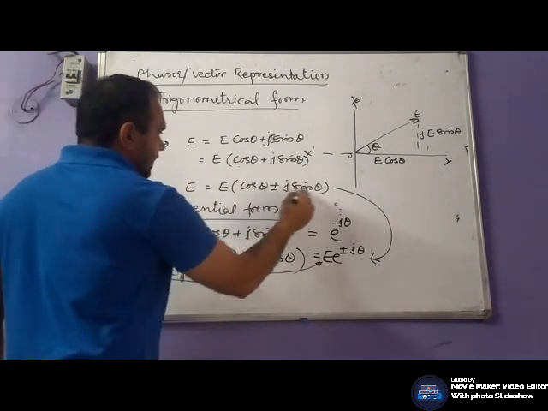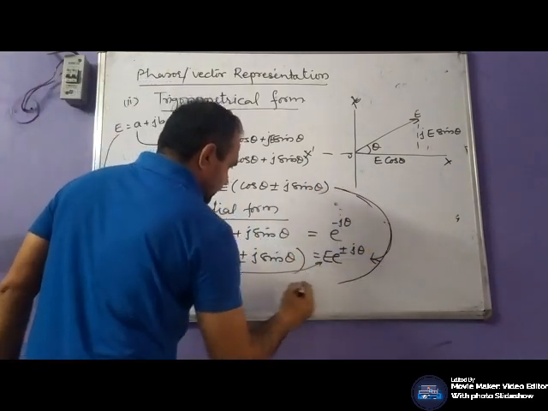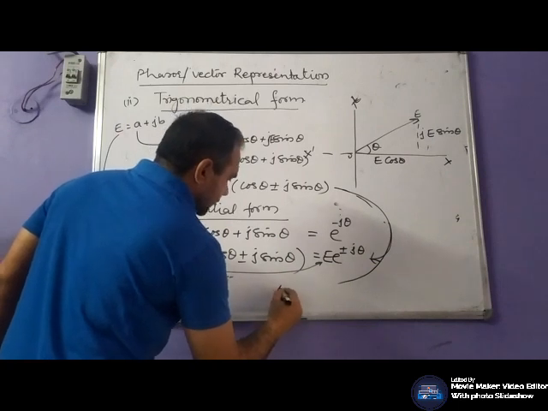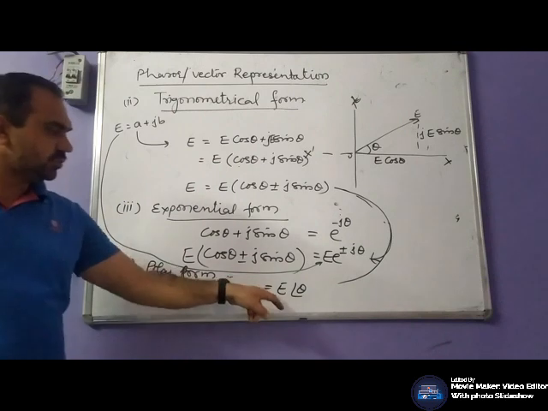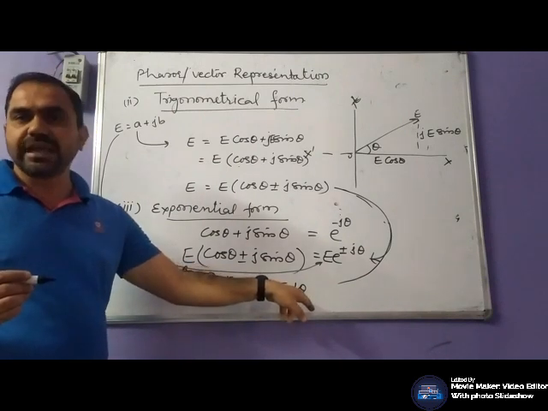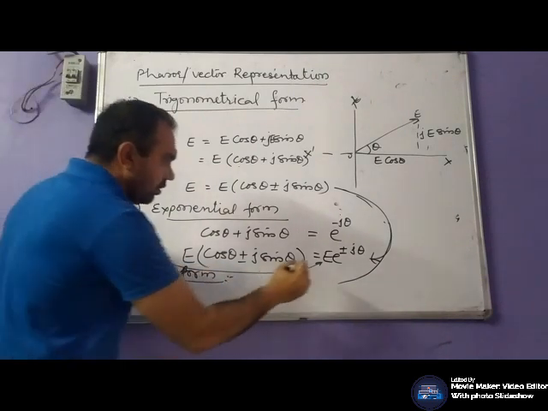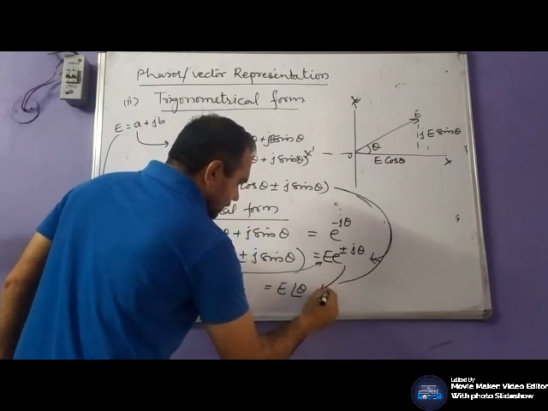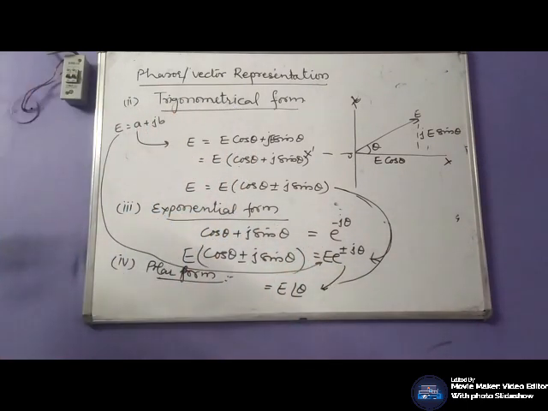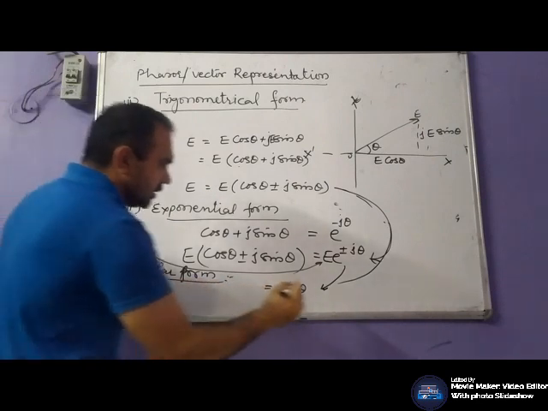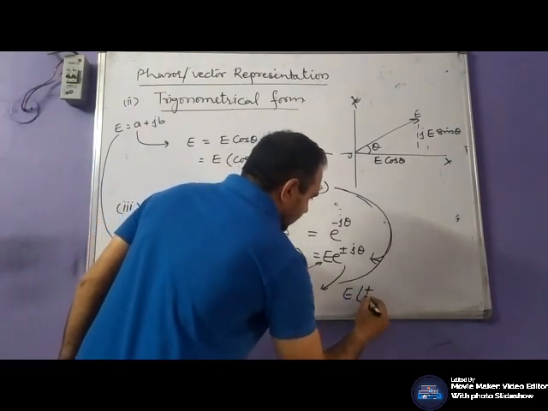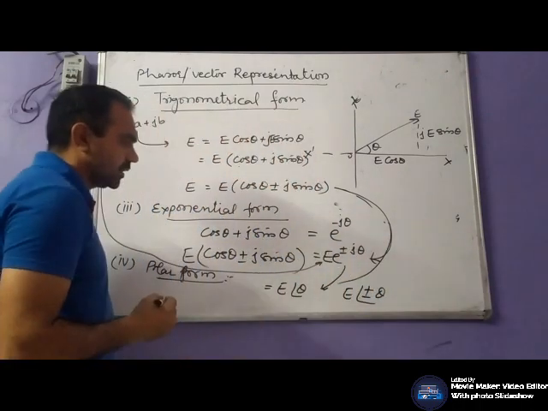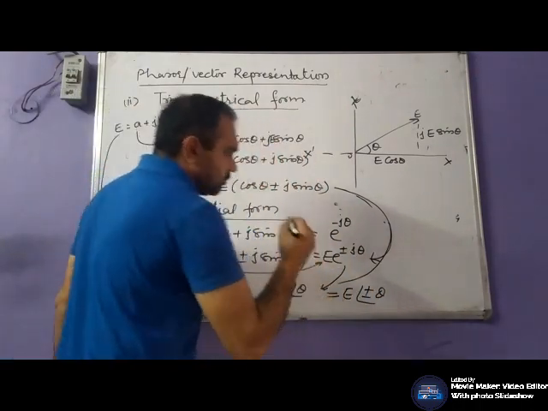So this can be represented by E angle theta, where E is the magnitude and theta is the angle, or some sort of representation of exponential form, E angle plus minus theta. So this is the polar